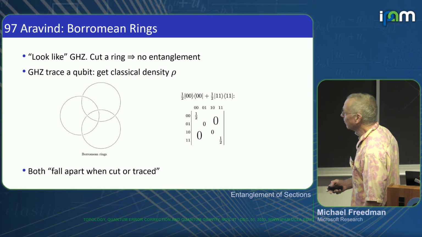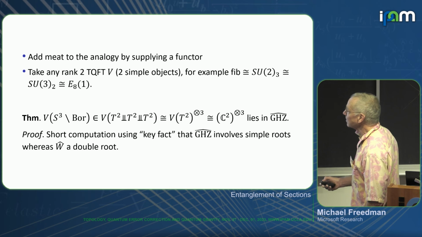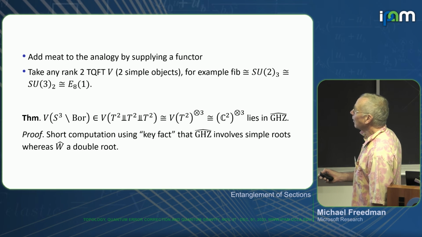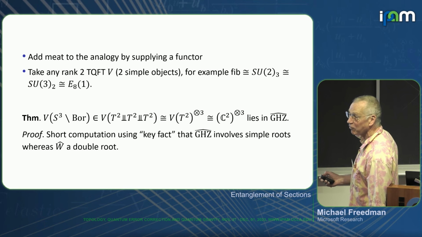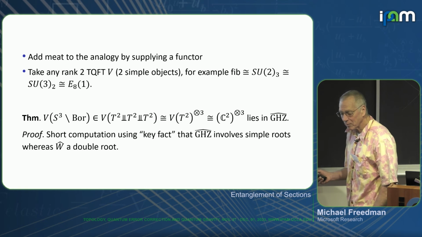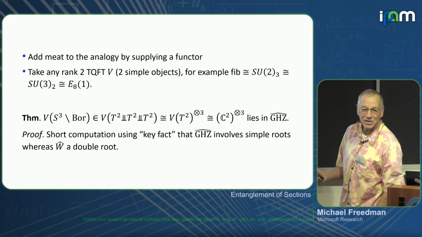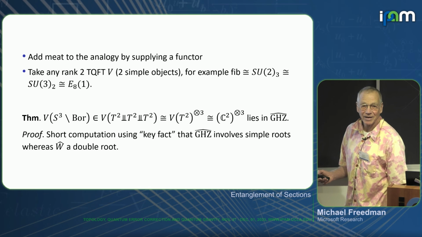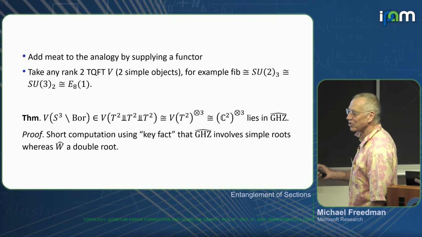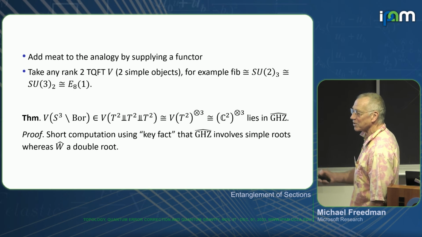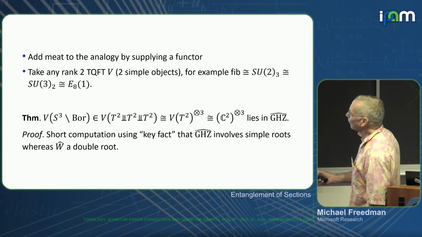Well, this was fun, and people wondered whether it meant anything. But I think we can add some meat to this old observation by sharpening the analogy, if you like, by supplying a functor. It's like, suppose years ago people had come to you and said, manifolds behave a little bit like abelian groups in some ways, but they didn't mention homology. Then you'd come along and you'd say, oh, well, I think I know what they were talking about. There's a homology functor that takes you from manifolds to abelian groups, and there's some additivity relations and so on. Okay, so that's what I want to do here.